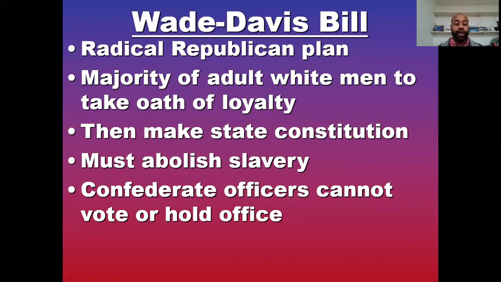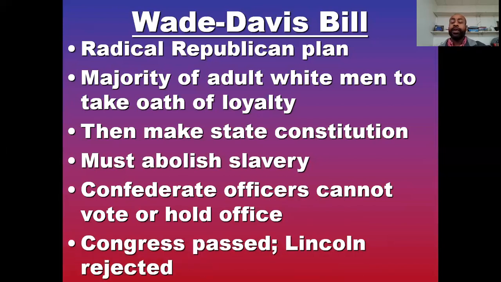Then make a complete new constitution, adding the 13th Amendment, and no Confederate officer can hold state office. It's got to go. No state office, no federal office. All these people, the commissioned officers, the generals and captains and admirals, they can't hold political office because if they do, we know they're going to institute something to undercut what we're trying to plan. Congress's bill passes, the Davis-Wade bill. This is the beginning of what we call Reconstruction. So Reconstruction starts very timid. Lincoln's bill, we're not doing the 10% thing. They passed this bill.